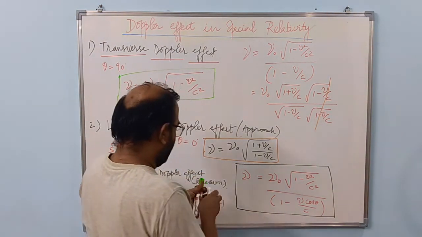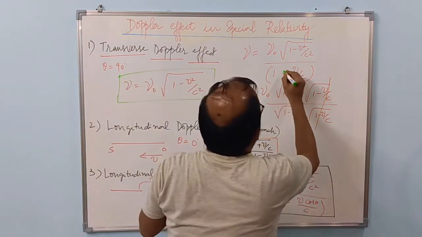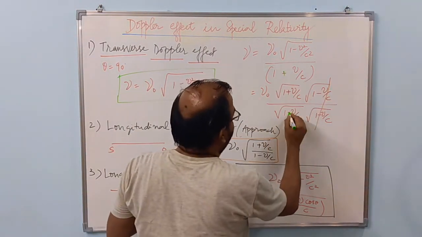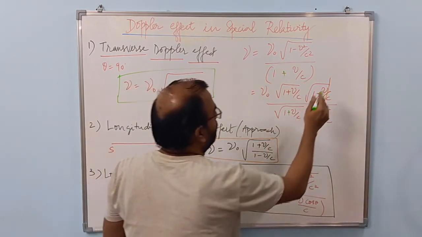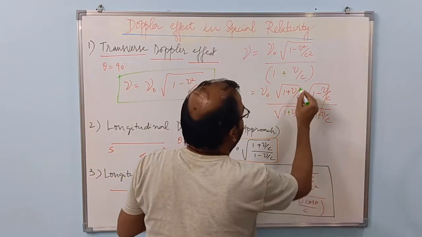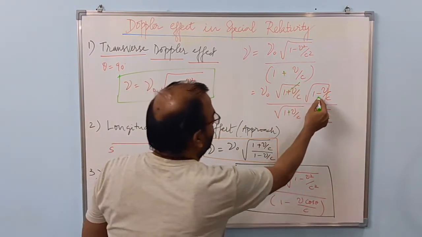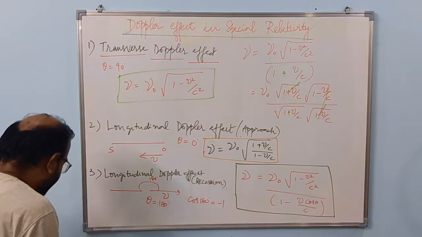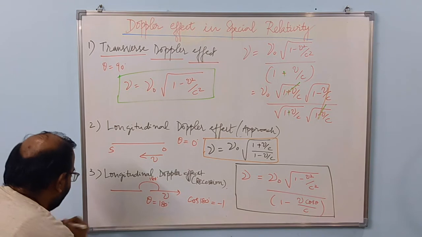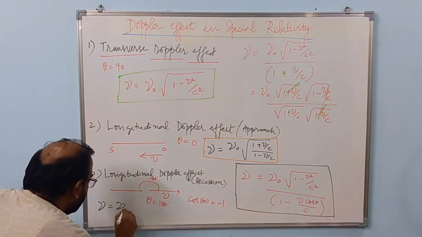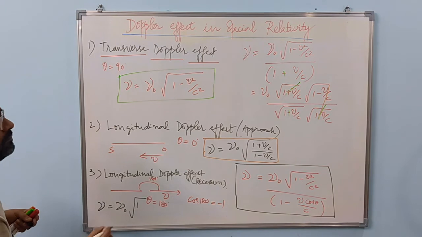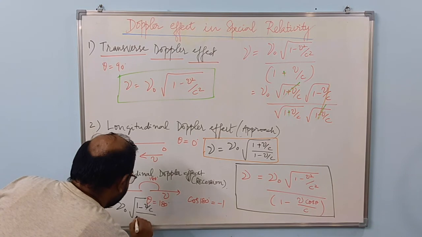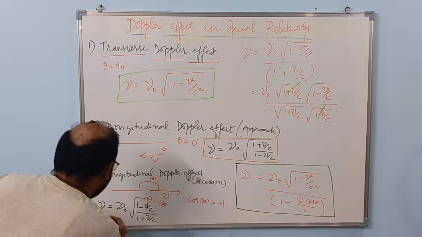So here I'm going to modify and put 1 plus v by c for the recession case now, and therefore the numerator is the same, the denominator you have two 1 plus terms, and therefore now you will cancel, and in the denominator you will have 1 plus, numerator you will have 1 minus. So finally you will have the expression here as nu is equal to nu naught square root of 1 minus v over c divided by 1 plus v over c,